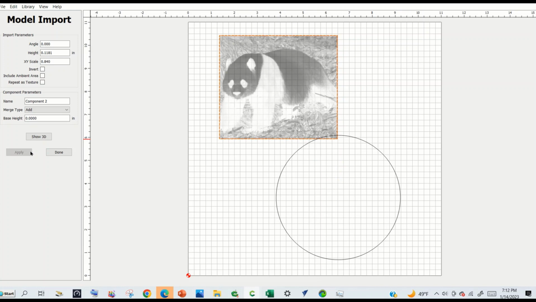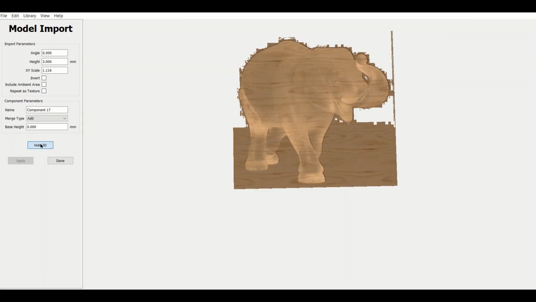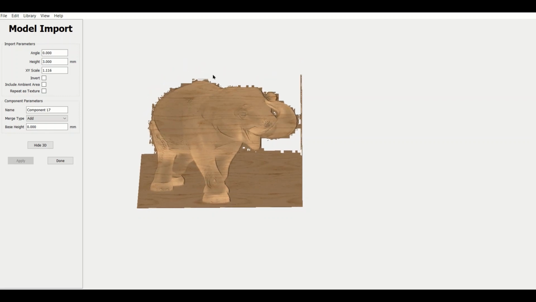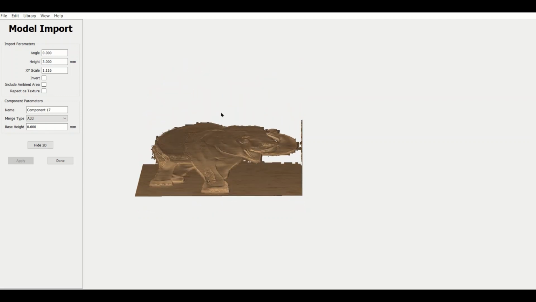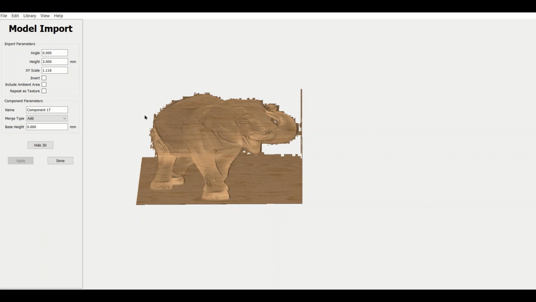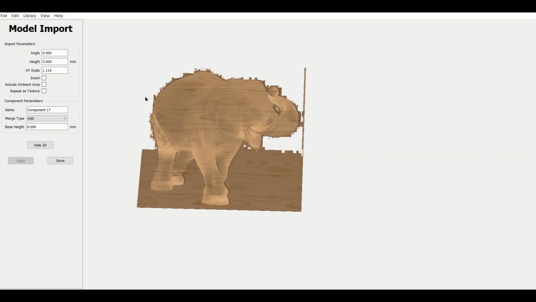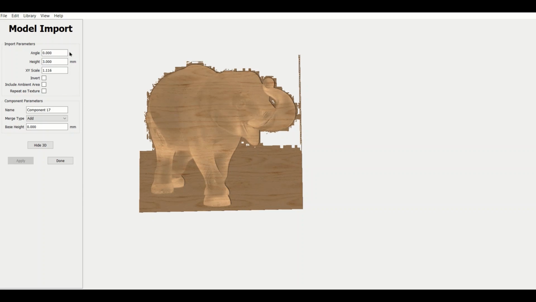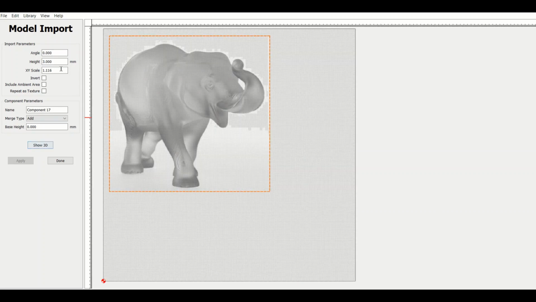So that's in addition to the other one we showed. So we'll go look at it right quick. When we look at it, it looks like an elephant, not very high in height, but it's got some white area around here. That represents a 0 height level in material. There is no material there. And you've got all this fuzzy stuff around it. So we'll talk about how to get rid of that in a minute when we get down to include ambient area. So the first thing we're going to do is close this out, and we're going to talk about